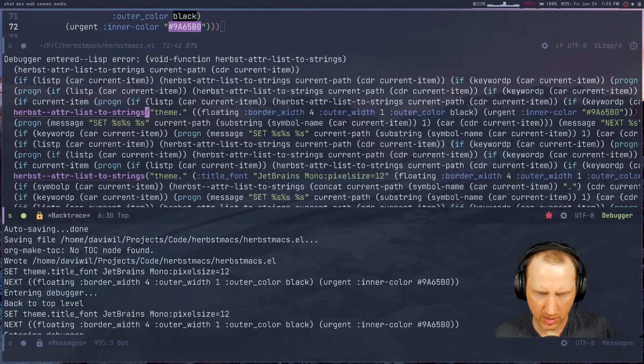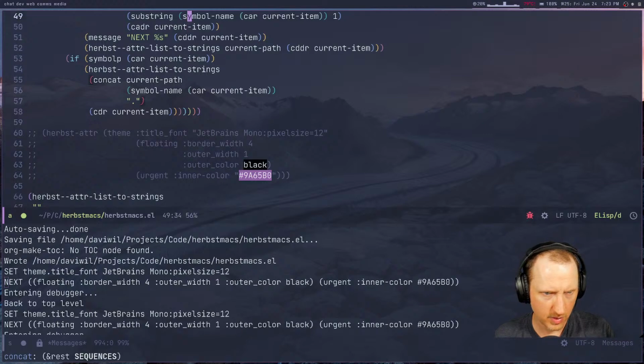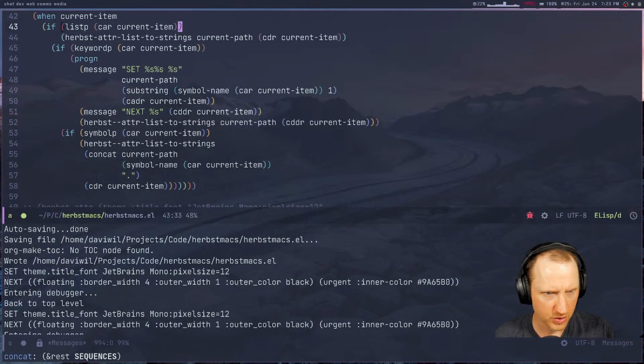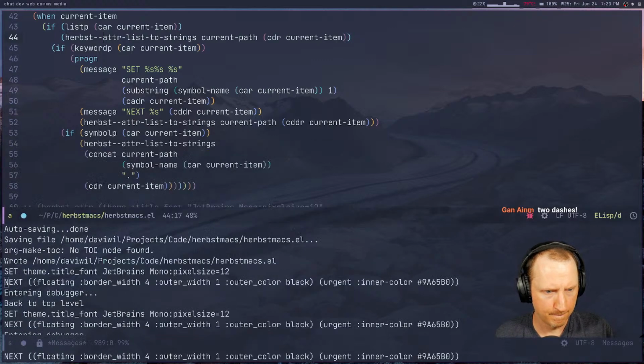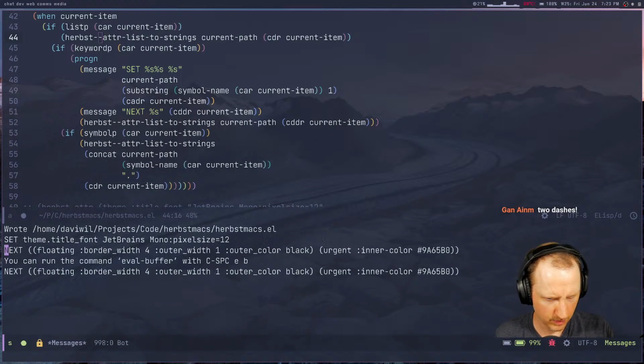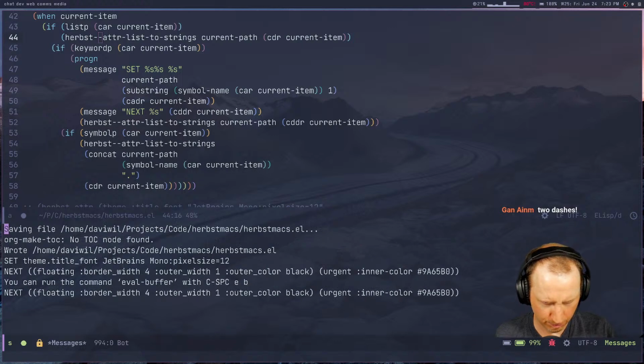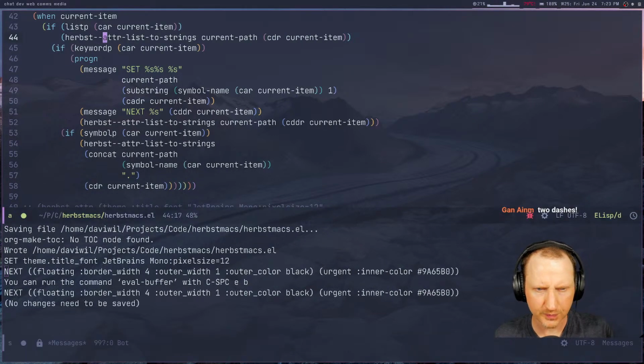Theme dot, if current item progn if list P, void. Oh, keep putting the wrong function name in. Let's put that extra dash here. Oh, well, it didn't crash, did it? But it also didn't go any further, so